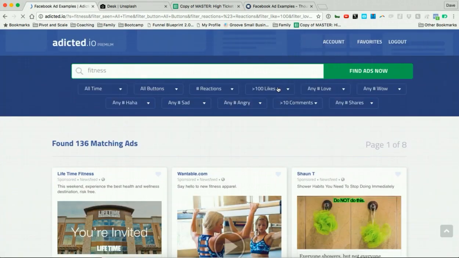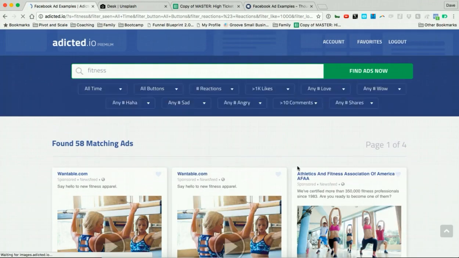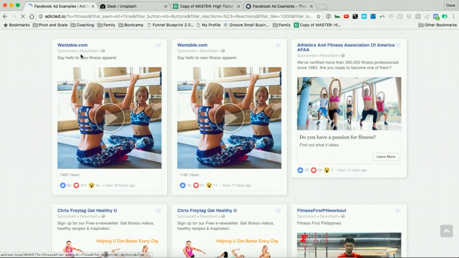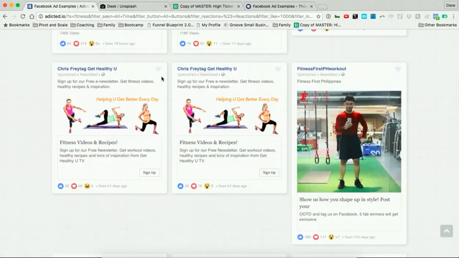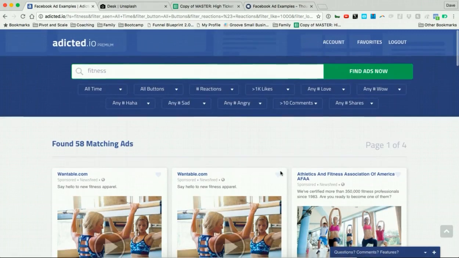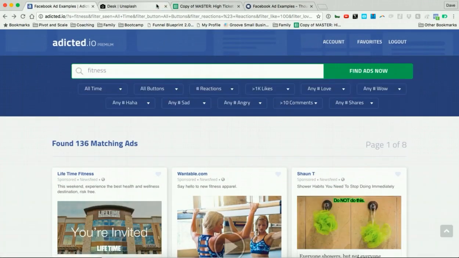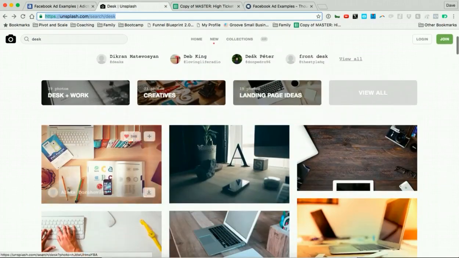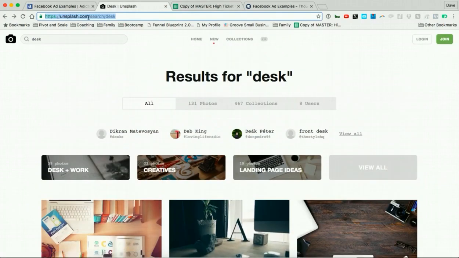Come through here, you can find the ones that have a whole lot of likes. Maybe we can even do 1,000 likes and see what is happening in the fitness industry with over 1,000 likes. Say a little new fitness apparel. Okay, anyway, you can kind of learn from all of this, and then basically you just want to draft off these and kind of copy what is happening there. If you need to find some stock images, one site I really like is unsplash.com